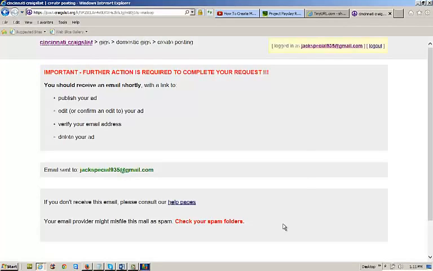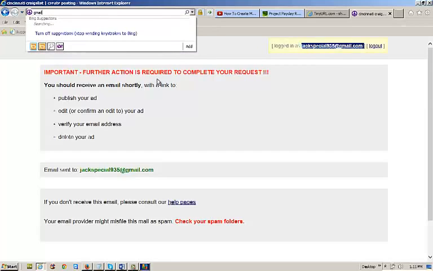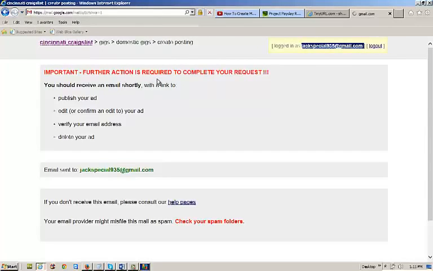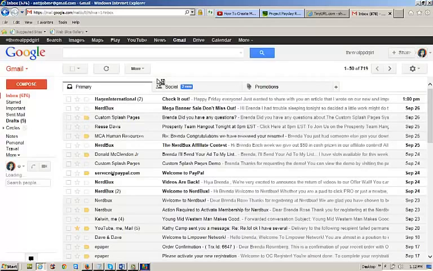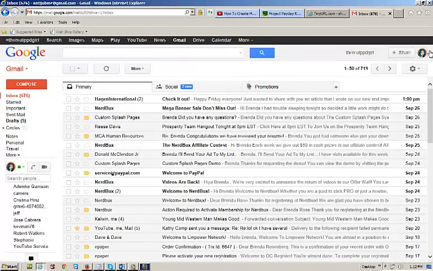Okay, so now what we're going to want to do is check the email. Even though I have an account, Craigslist wants to insist that I check the Gmail. Sometimes they do that, sometimes they don't. Be prepared to play a few little games with Craigslist. That's just the way it is. Now we're logged into my main account, so we're going to have to go over to my Gmail account. And it's very slow going, so everybody take a nap right now, and let's